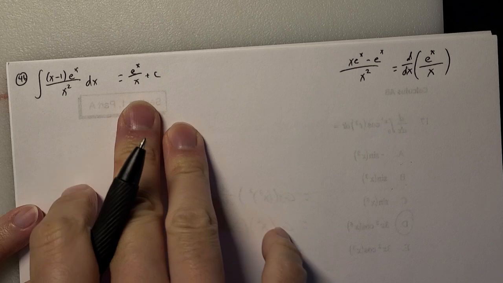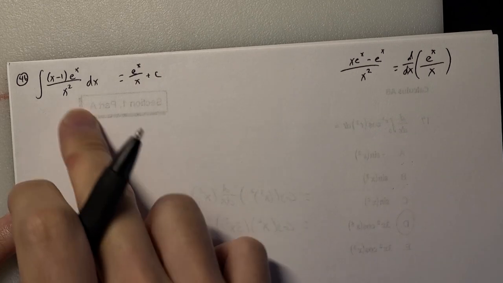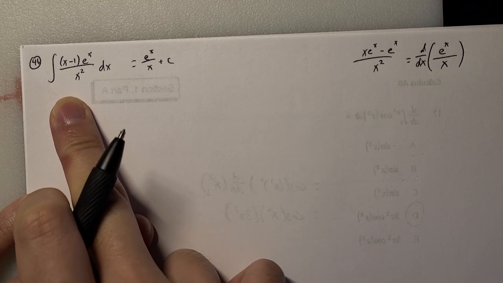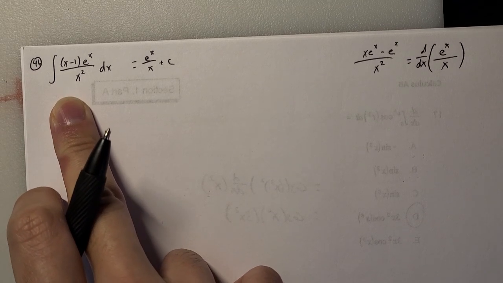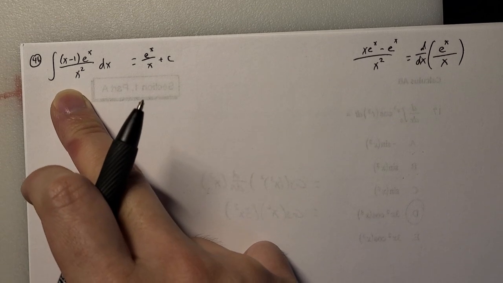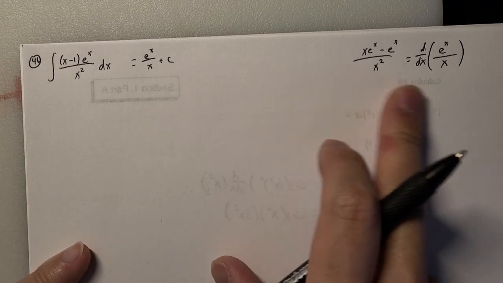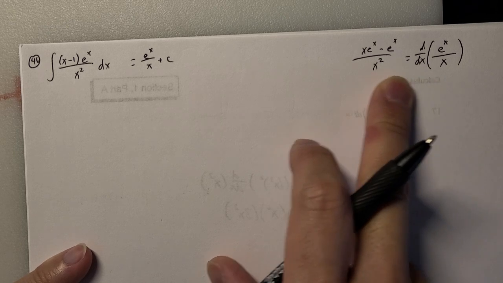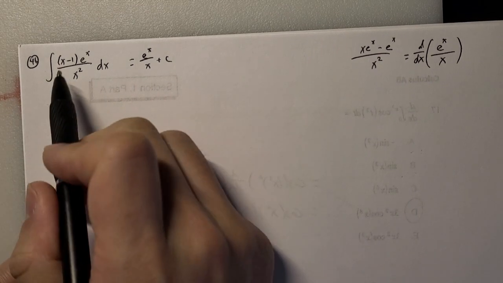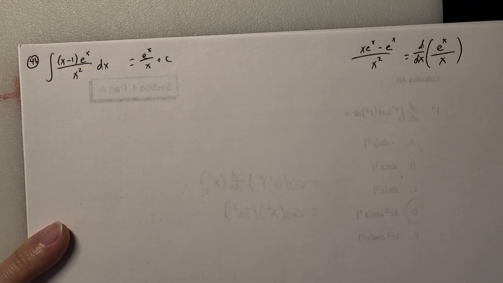Now let's say you weren't able to see that. I, for some reason, was able to tell right away. I actually don't know why. Maybe because I've been teaching quotient rule recently. So how would we go about this? Or even if you're not allowed to show this type of work, then we have to use one of your techniques. What do you do? There's a product of things, so